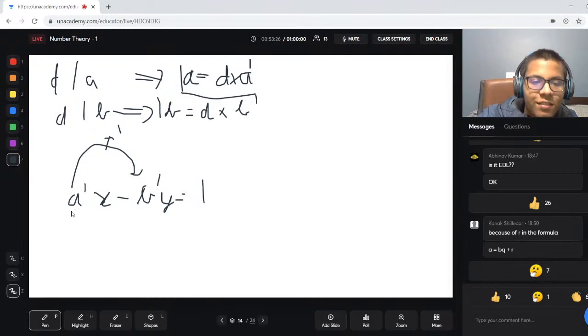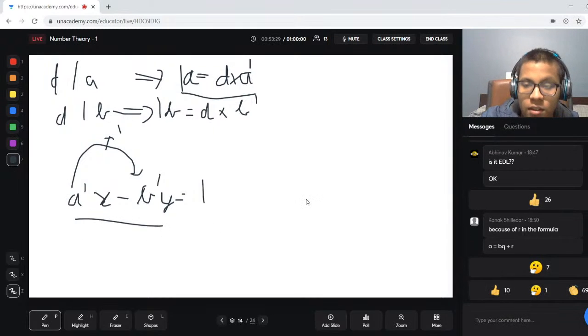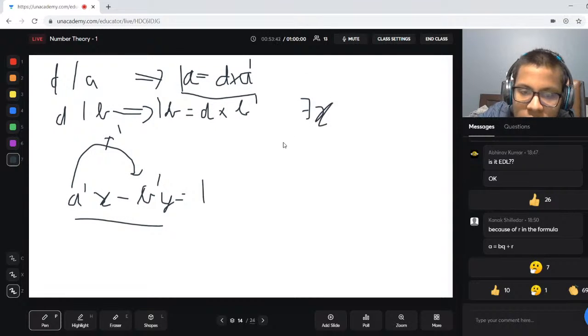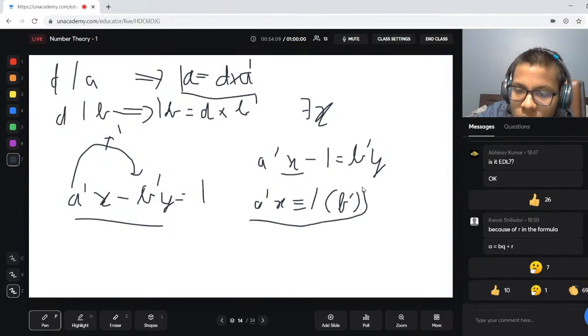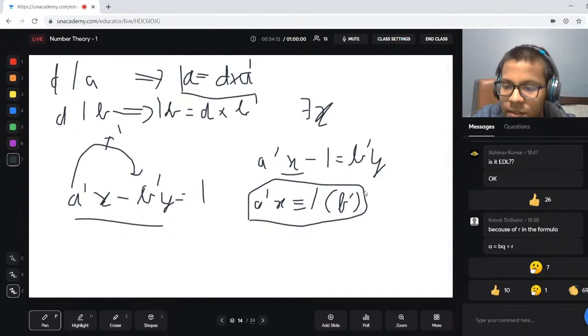So we want to prove this. Now we'll use the congruence idea which we already had. See, this is basically saying that there exists X, this is the symbol of exists, such that A prime X minus 1 equals B prime Y, which is basically saying that there exists X such that A prime X is congruent to 1 mod B prime. We just want to find X such that this is true now, right? Okay,